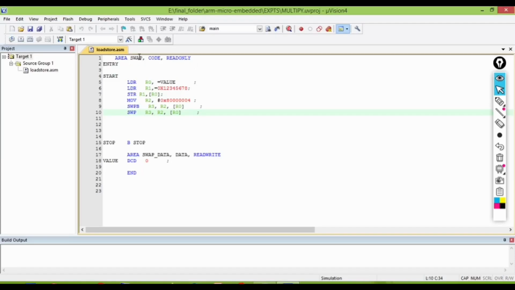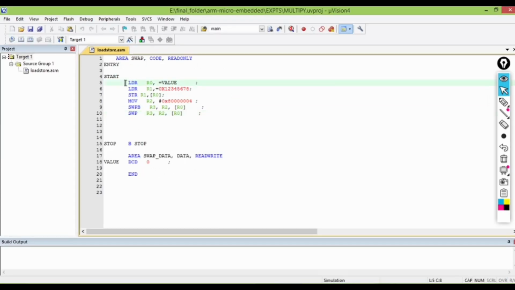Now let's see how this particular code works. Here we are using a pseudo instruction. Basically, we are storing the address marked by this particular label into the register R0. This is again a pseudo instruction. We are storing a very large 32-bit value into register R1, and that value is